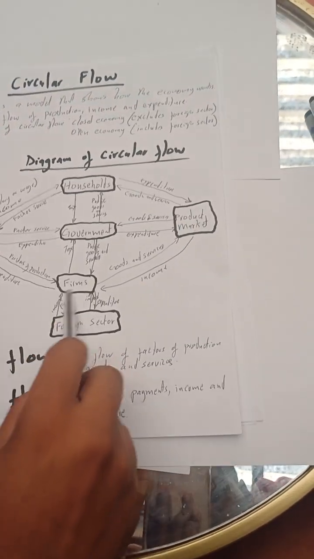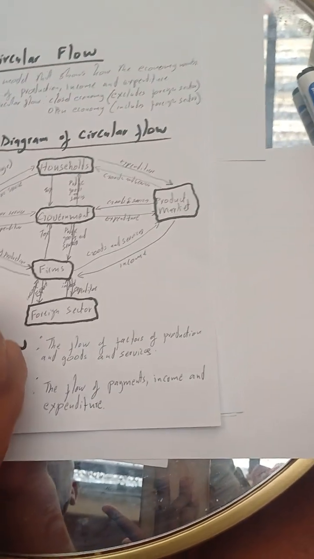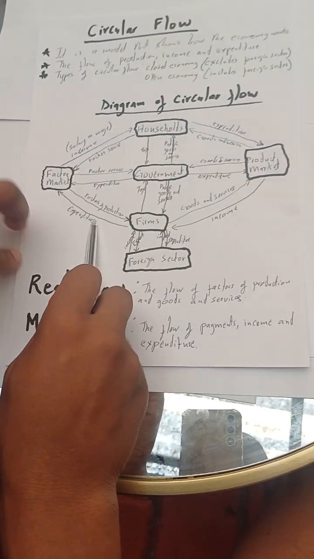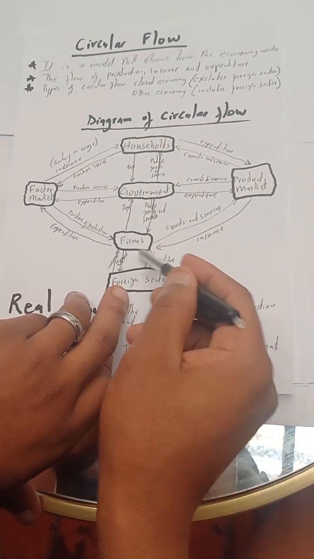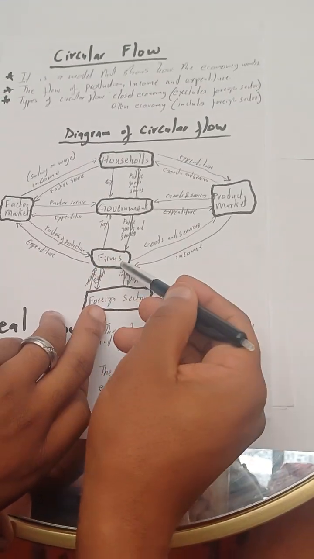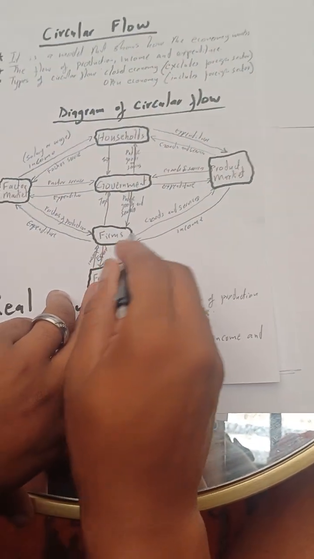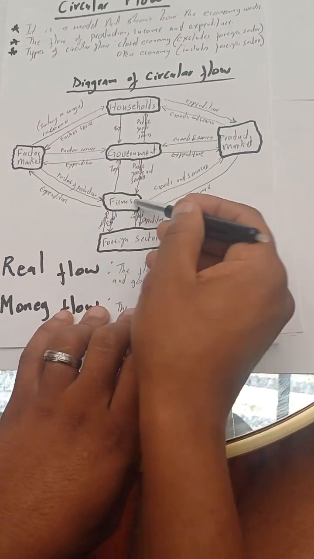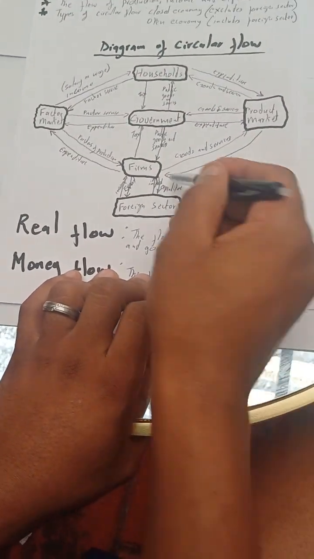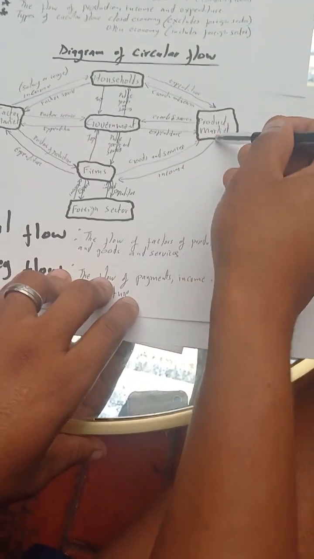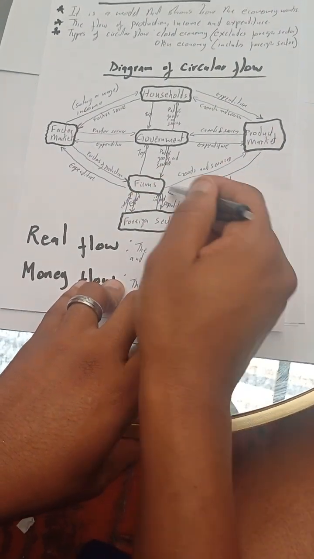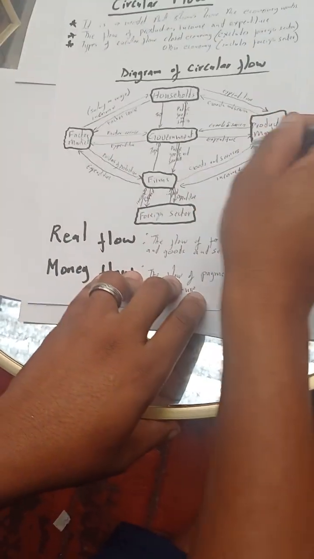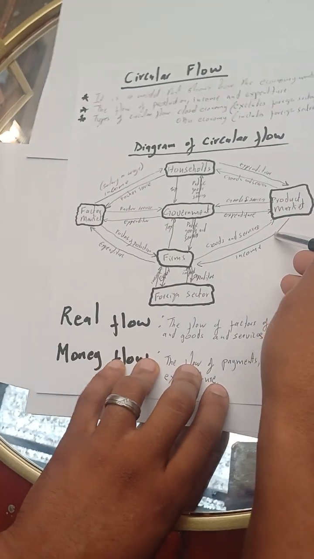As you can see, the arrow from the firms goes to the factor market, meaning money goes out. That is why it's the expenditure. And then again, if firms produce goods and services and sell them to other participants, the arrow moves to the product market, which is now when firms sell, they expect to receive income. As you can see, the arrow from the product market moving to the firms means they've received income after producing goods and services and selling them to other participants.